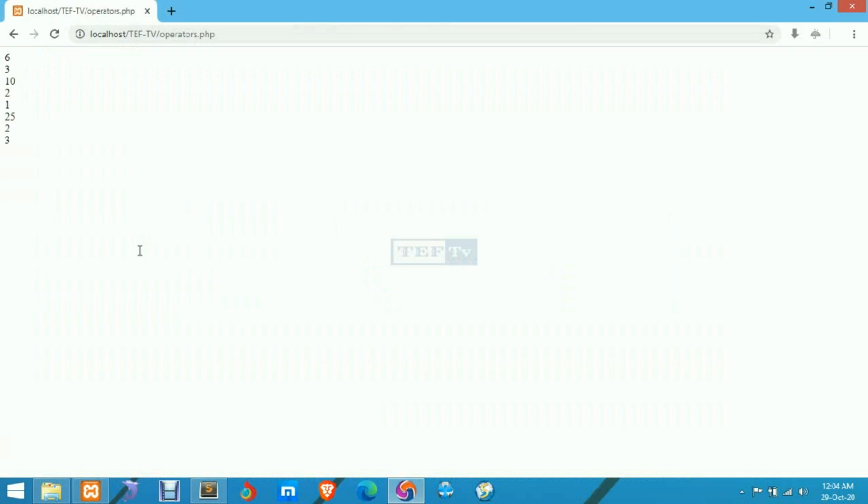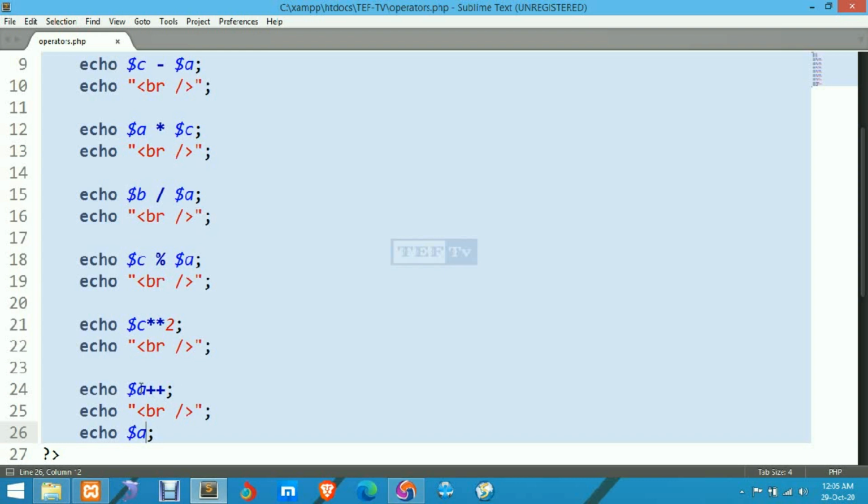Initially we have printed our variable A value, which is initially 2, and after printing 2 this will increase by 1, and when its value is increased by 1, 2 will become 3. When we again now print this A, then this will print the result answer is 3.